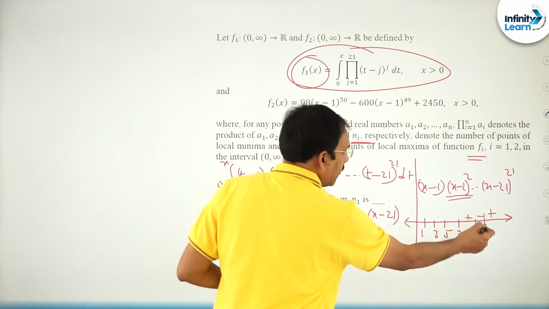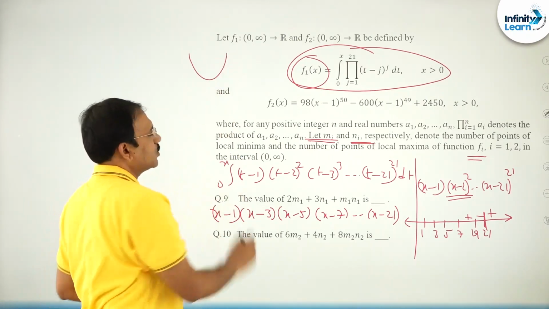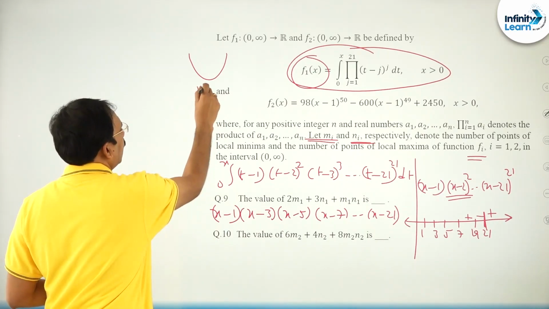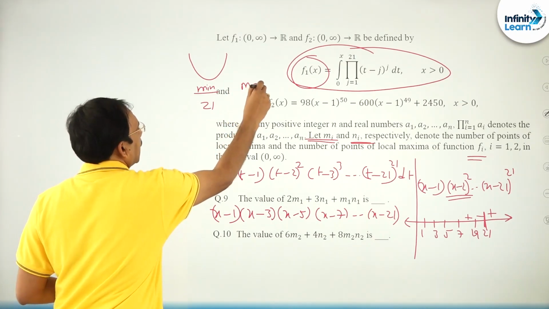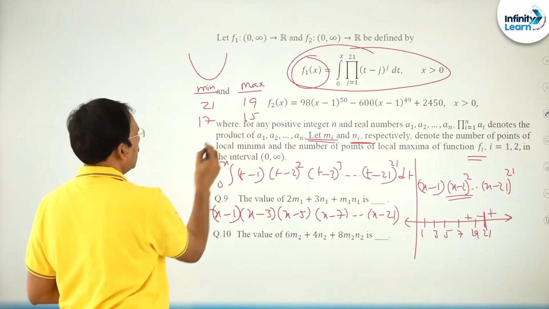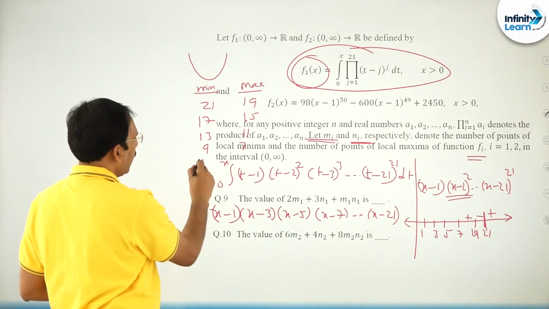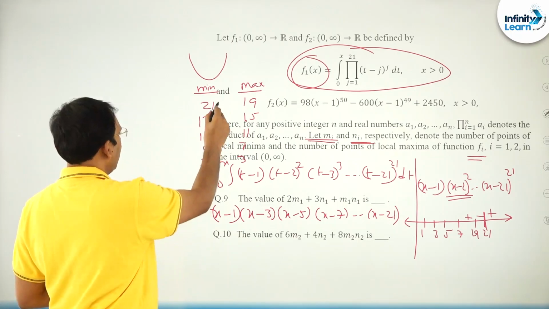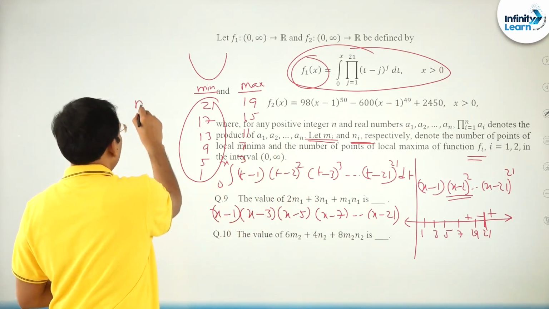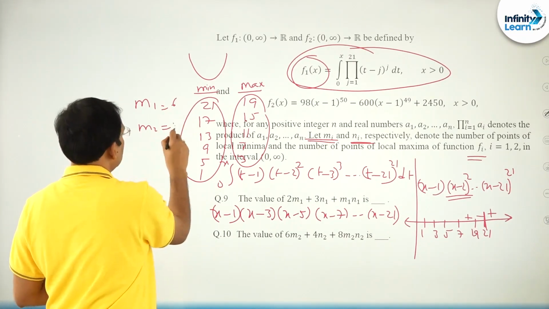You see here at 21, the left side derivative is negative and then positive, which means it will be like this. So it is a point of local minima. So 21 is a point of local minima and automatically the alternate one, 19, will be maxima. In the same way 17 here, 15 here, 13 here, 11 here, 9, 7, and you can say 5, 3, 1. So, friends, there will be 6 points of local minima, which is m1, and 5 points of local maxima, n1. This is 6, this is 5.